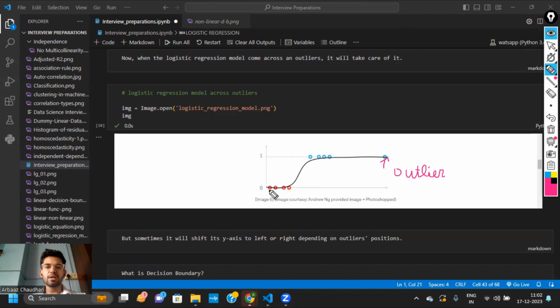These data points are zero, meaning these are all in the zero class, and these are all in the first class. With the help of this S curve, we are able to classify all the data points of the two classes. So with the help of the sigmoid function, we are able to achieve good results on binary classification. Okay,